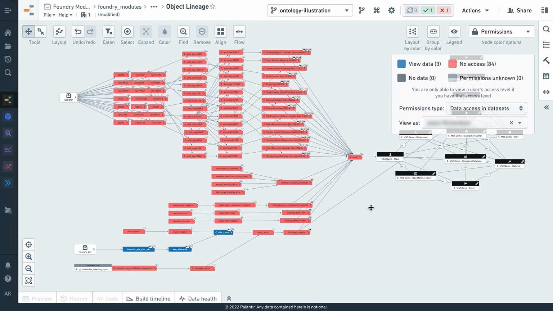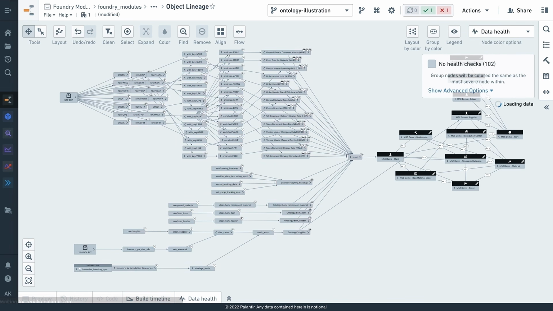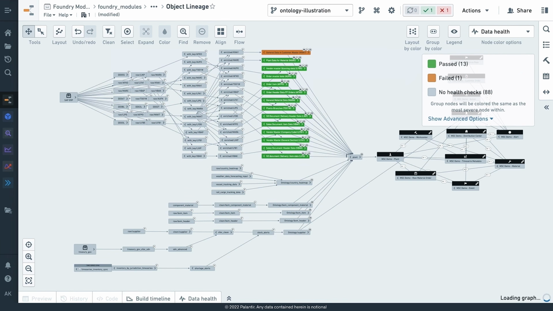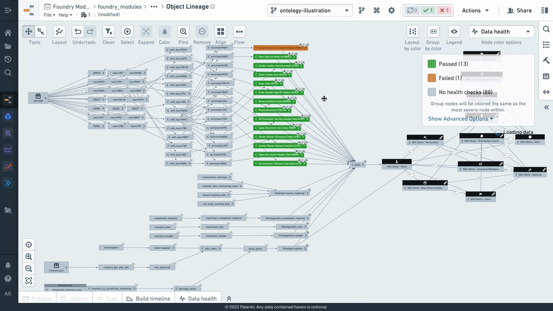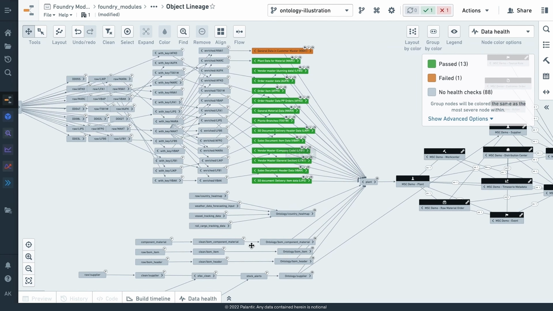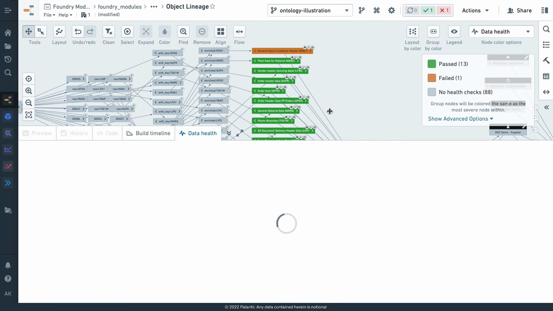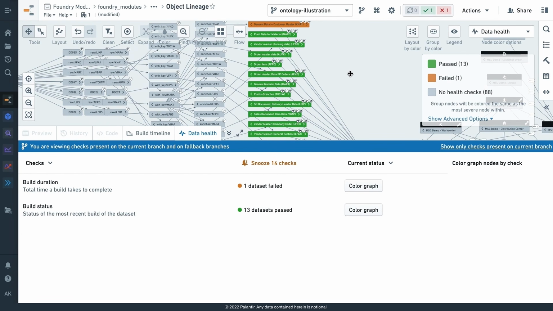The second piece I want to call out here as we work through things is, okay, I build out these pipelines, they get to be quite robust, they're refreshing all the time. How do I keep these things healthy? If I change this to now a data health view, what we're going to see is a view into the parts of the pipeline that I've instrumented with data quality checks. And I can always pop this open at the bottom to take a look at the checks that we have across this part of this pipeline.